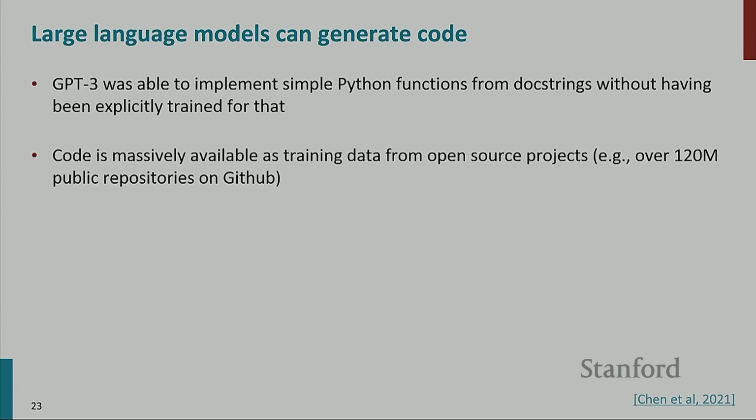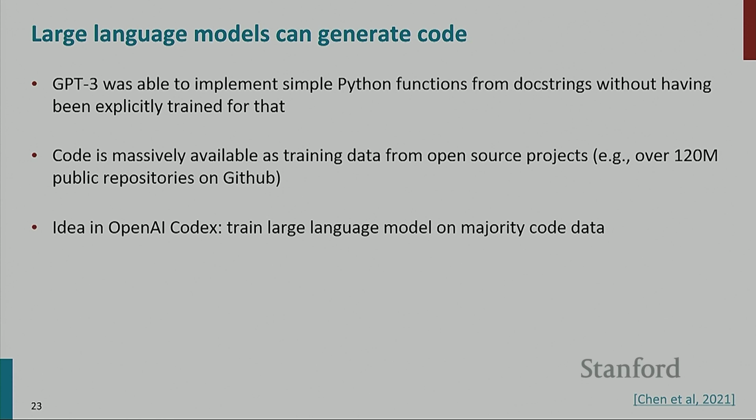So the natural question was, how far can we push that capability? Code is massively available on the internet. GitHub has tens of millions of open source repositories, actually over 120 million as of, I think, end of last year. So what happens if you just train a language model on a lot of code? That was basically the idea behind OpenAI Codex, which is the name of the language model that backs